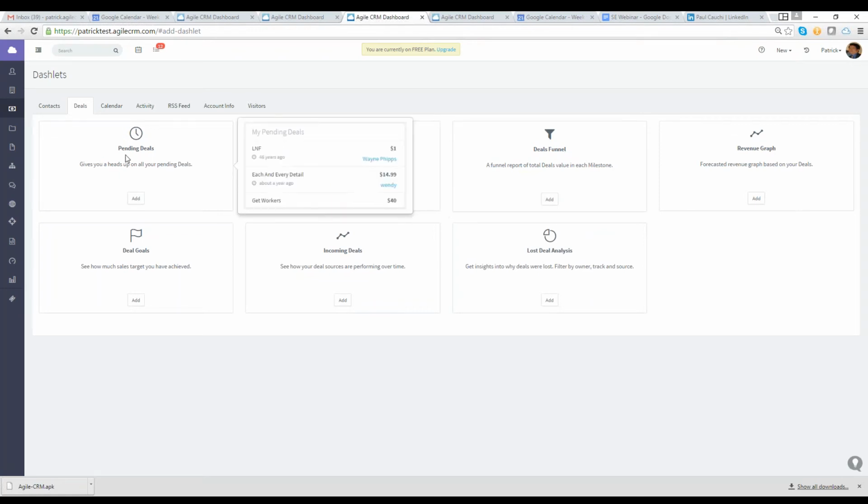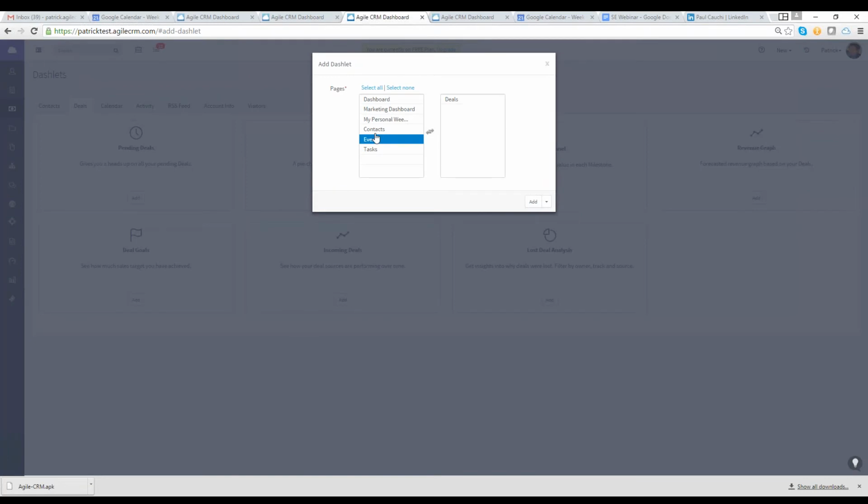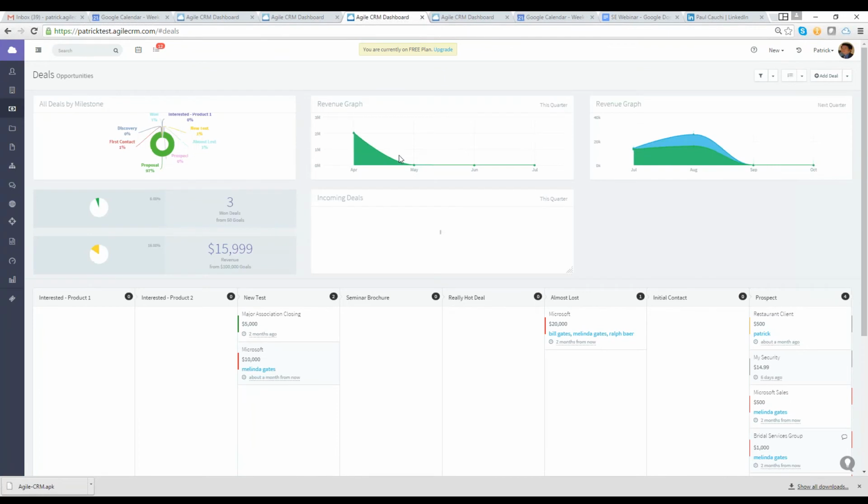And basically, I could just choose them and choose which page I want them to display on, multiple pages, one page at a time, whatever. And I've got total customization. I come to deals, and these dashlets will load up right away. These are my 5 favorite ones. For example, my revenue graph, my